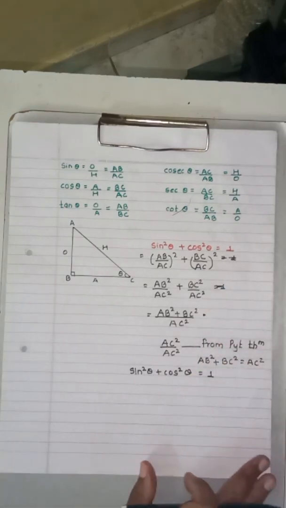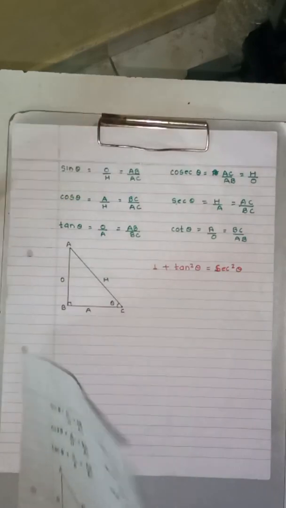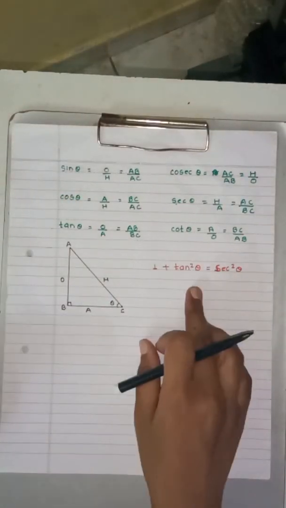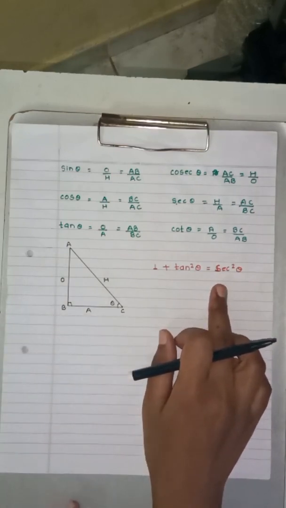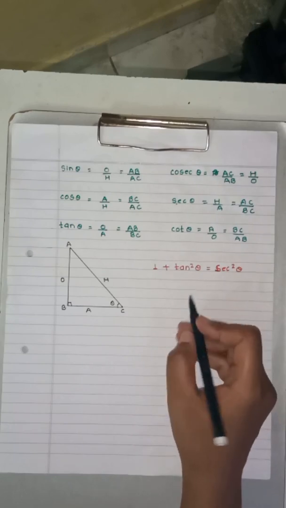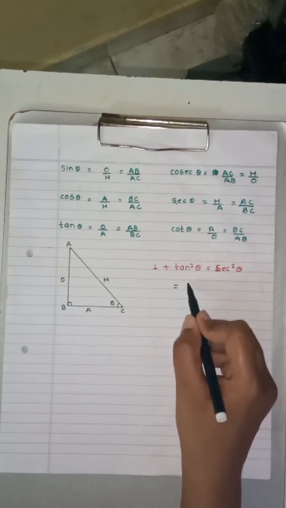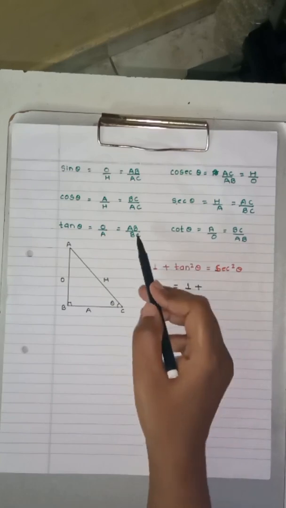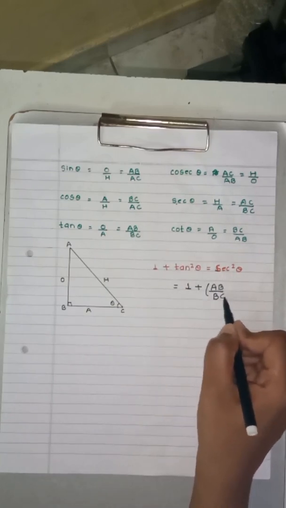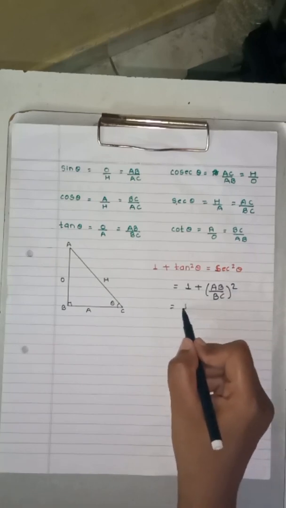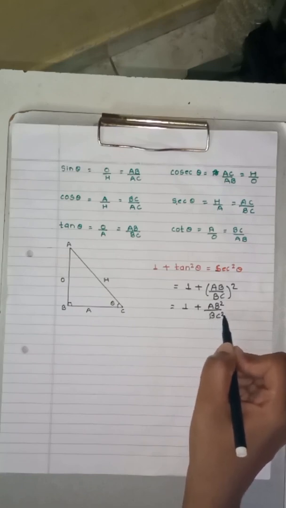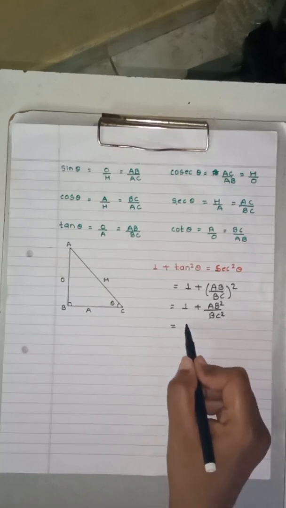Okay, so let us move on towards the next identity. The next identity is 1 plus tan square theta is equal to sec square theta. Therefore, we'll solve it. That is equal to 1 plus, now what is tan square theta? That is AB upon BC square. Okay, that is equal to 1 plus AB square plus BC square, that is equal to BC